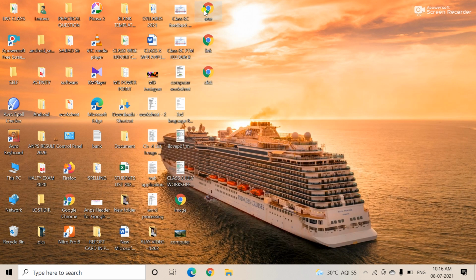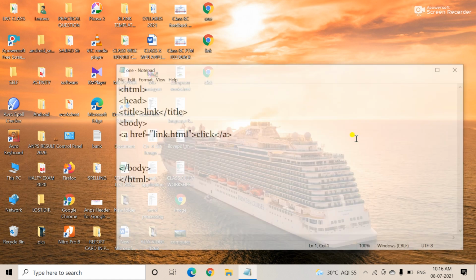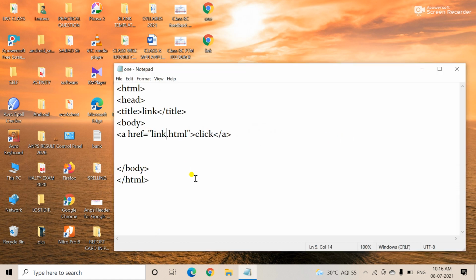So in the first page you change it here. See the click.html, just to save your file. And this is your file, just open your file, and when you click, see, welcome to HTML class. Is that clear? Again I am showing you.